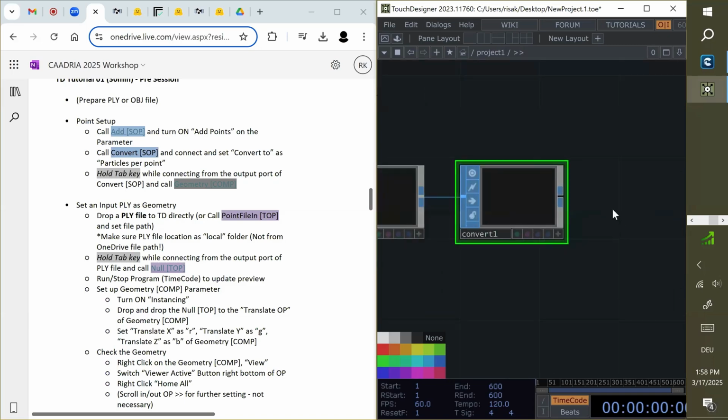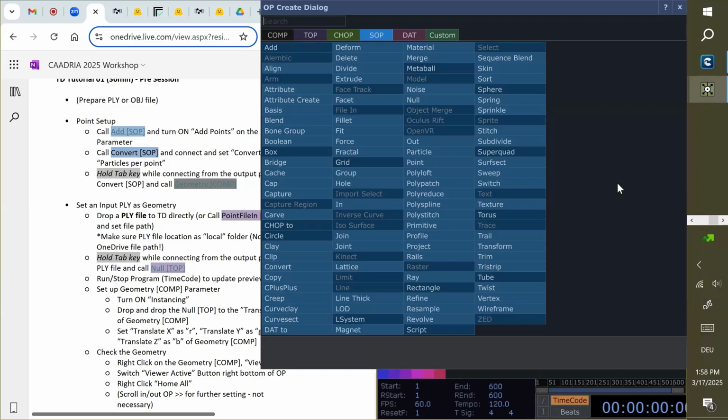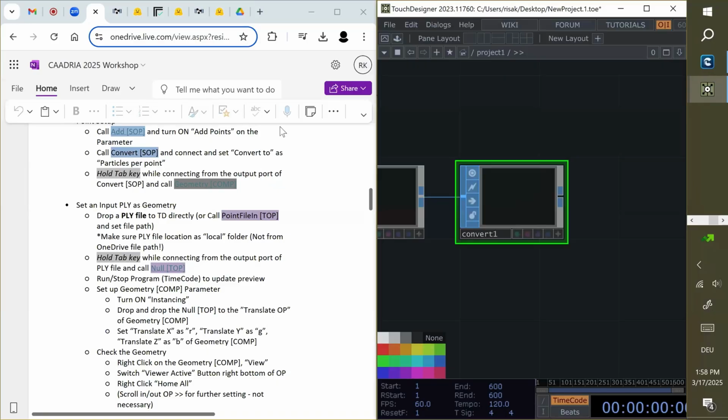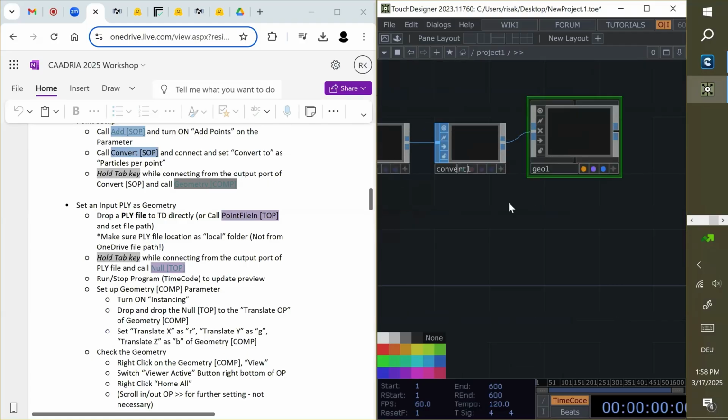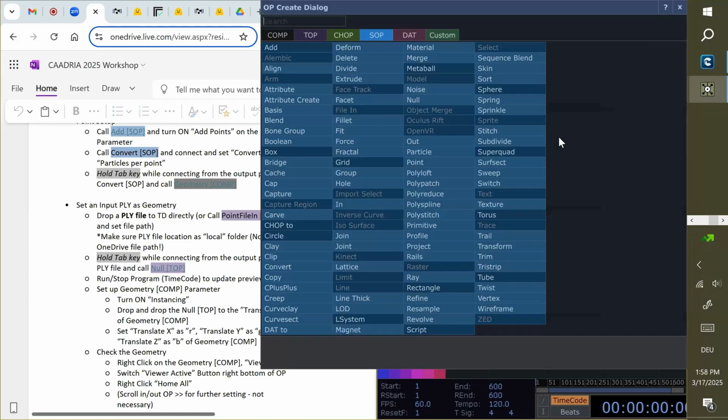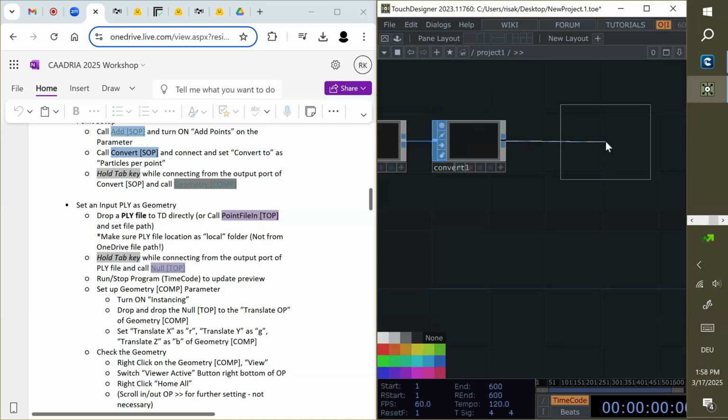And this is the new stuff. If you put this wire and then press the tab key, you go to COMP, Geometry. Once again, I just put this wire from here, press the tab key, COMP, Geometry.